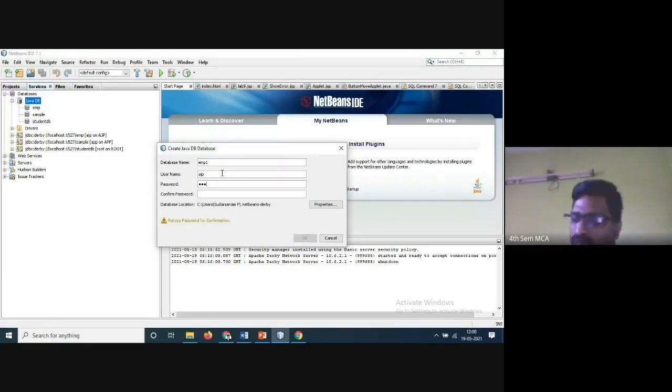Try to give all small letters only so that no confusions will be there when you are practicing the first time. Afterwards you can mix one capital letter, small letter, doesn't matter. But my suggestion is, when you are creating the first time, go for all small letters only. Otherwise go for all capital letters. Don't mix cases for the database especially, because when you are connecting there, sometimes you will make mistakes and it will go for errors. Chances are there. That is the reason my suggestion is go for only one.